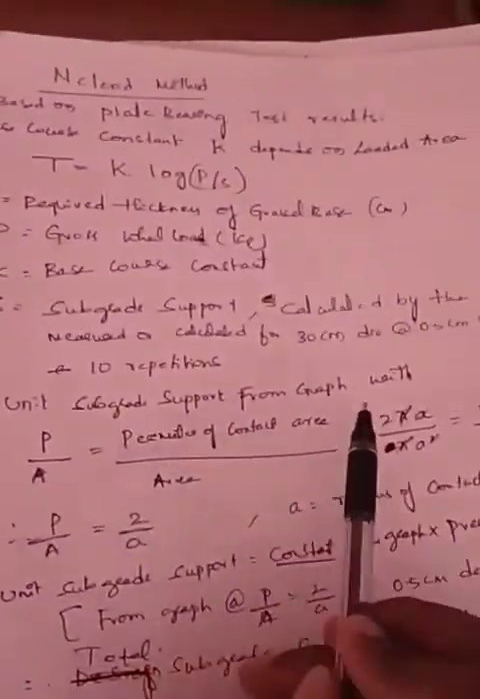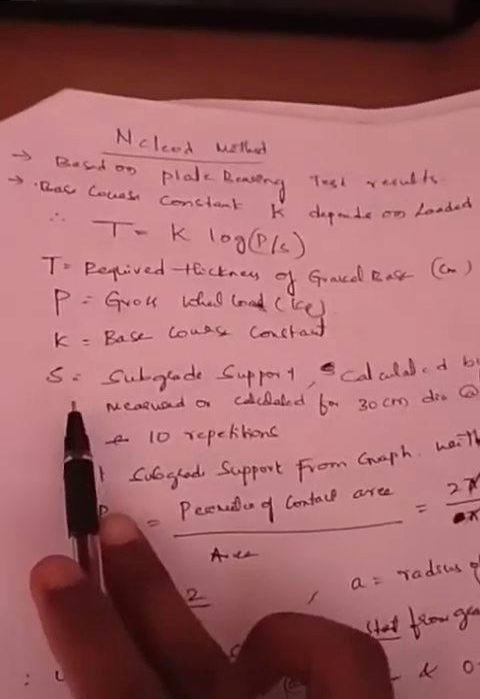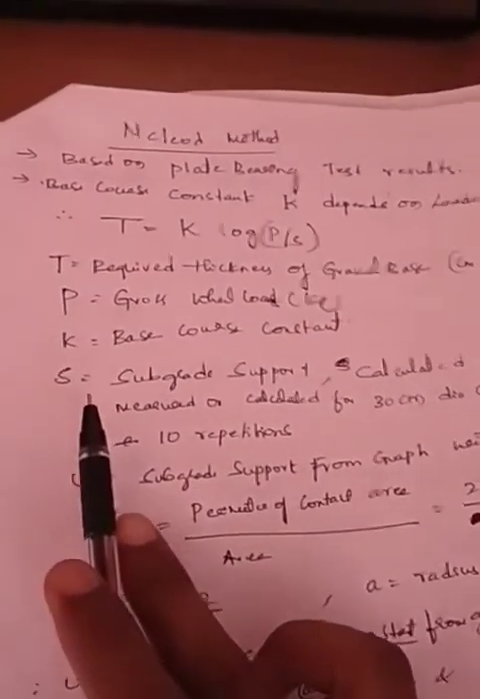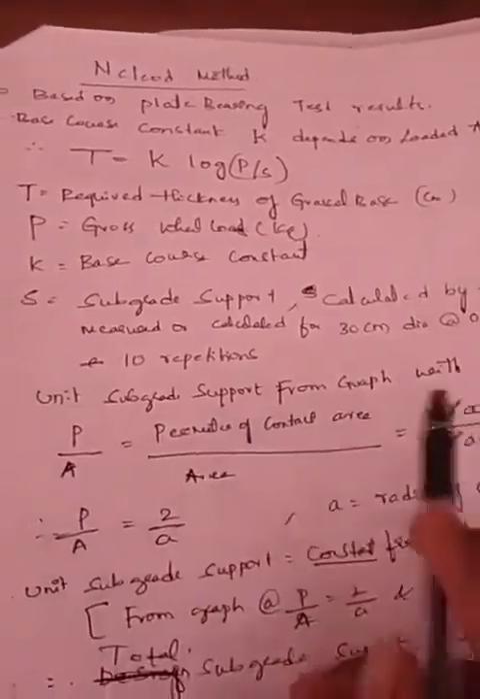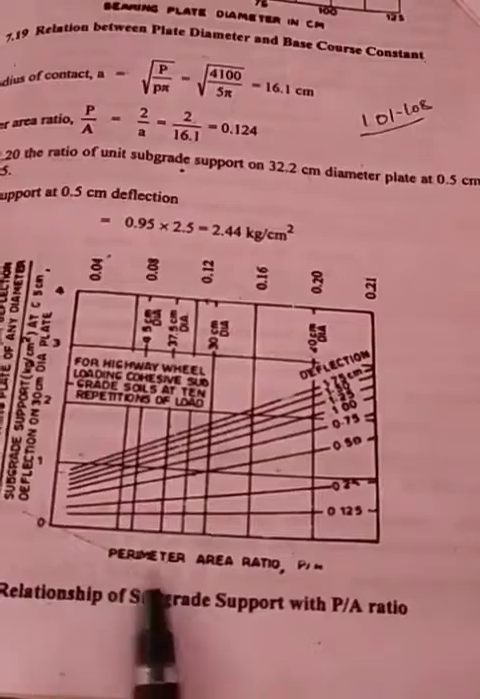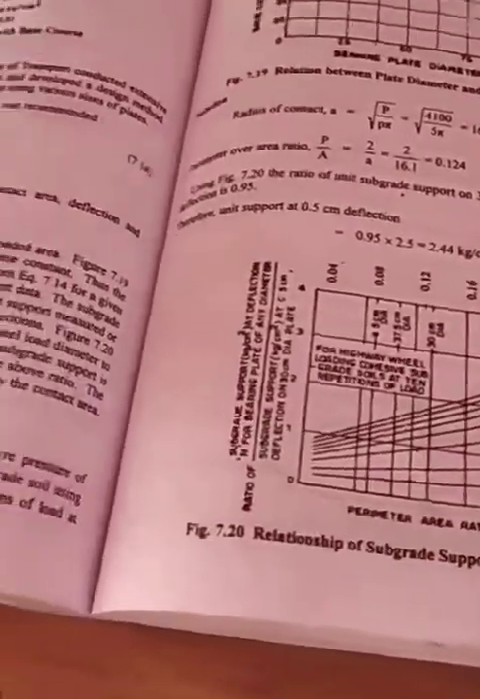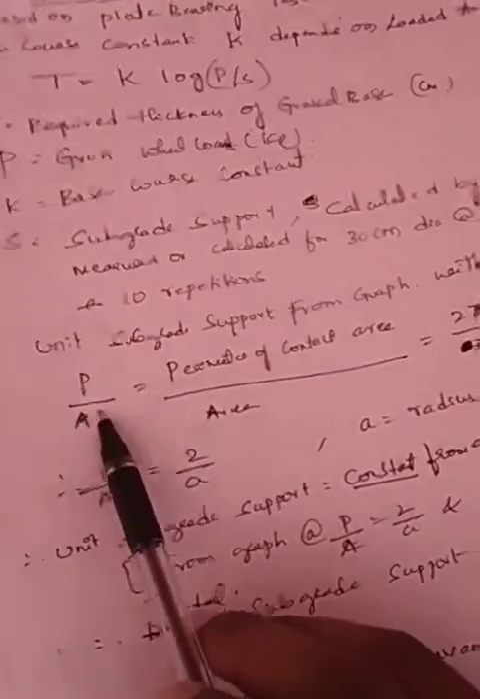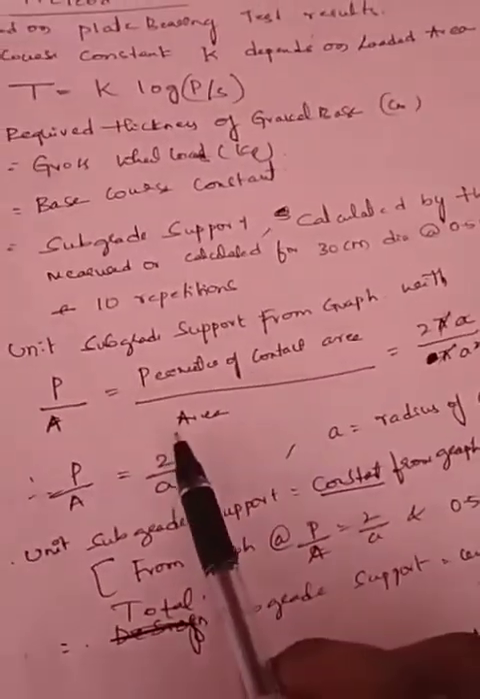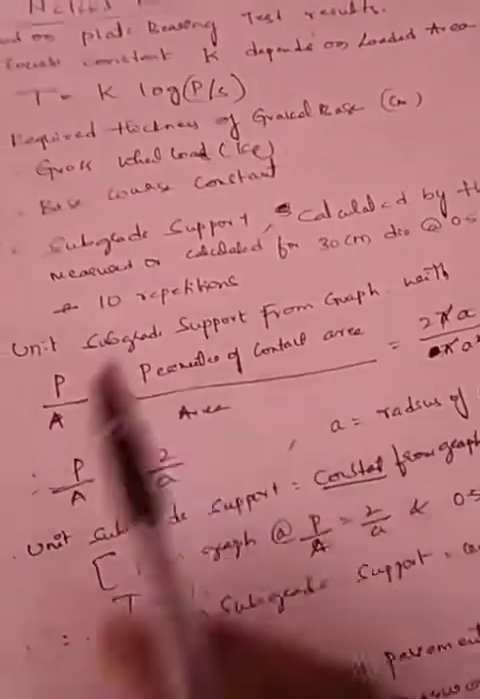First, in order to find the unit subgrade support, so the S value, first we need to find the unit subgrade support from the graph. For that, as I said, the perimeter area ratio is required. So what is this perimeter area ratio? It is nothing but P by A, where P is the perimeter of the contact area divided by A, the area of the contact